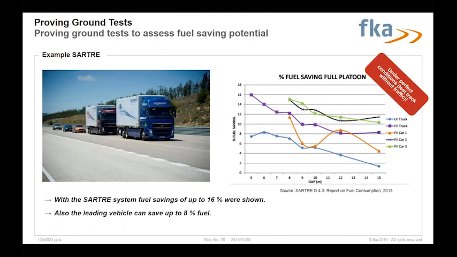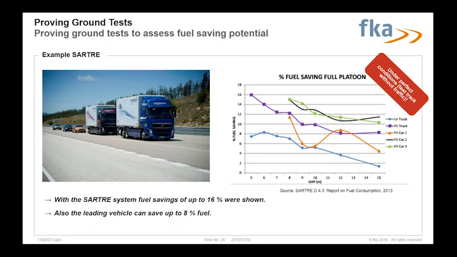But proving grounds can also help to study the benefits of a platoon, and this slide shows the results from the Sartre project, where the tests were done at IDIADA, the test ground in Barcelona, under perfect conditions, to see the benefits regarding fuel saving in a platoon. We have a mixed platoon in Sartre, with 2 trucks and 3 passenger cars. If we just focus on the trucks, we can see the following truck can have